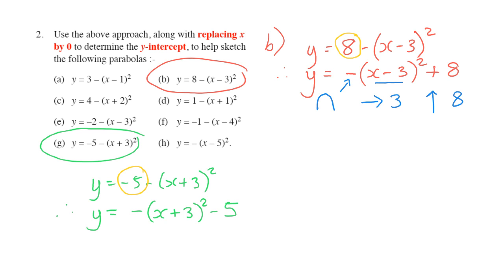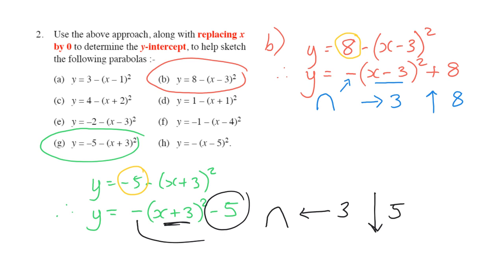Now what do they translate as for movements? Well, the negative tells us again it's a sad face. The plus 3 now tells us that we're moving to the left 3 because it's an opposite, and the negative 5 means we're moving down 5. So rearrange it first into the standard form with the x squared bracket at the front, and then look at finding your key points, your turning points,